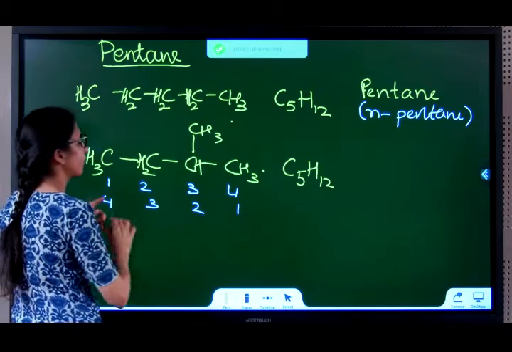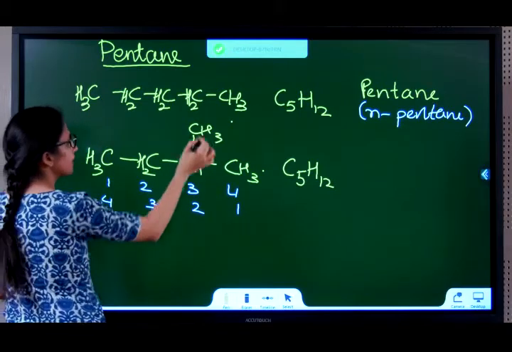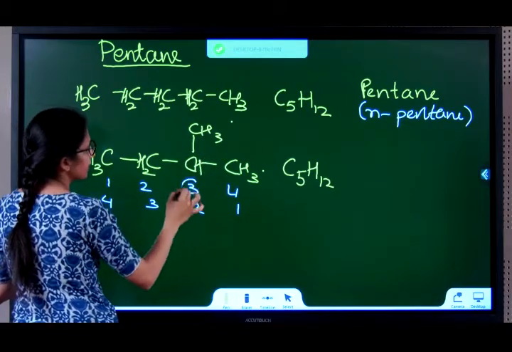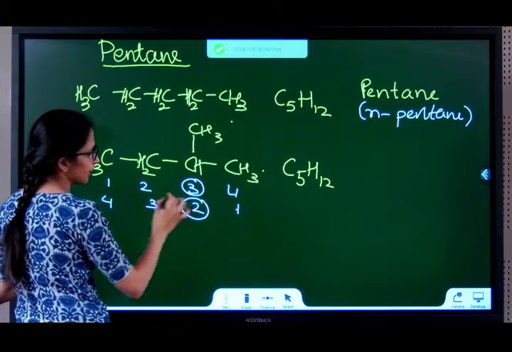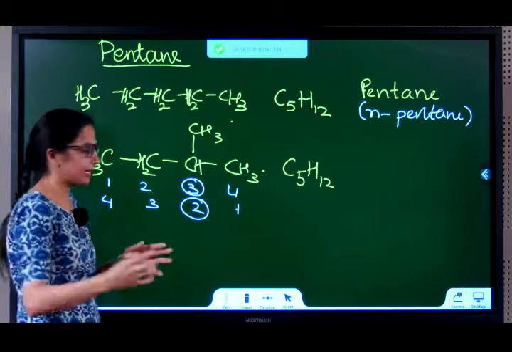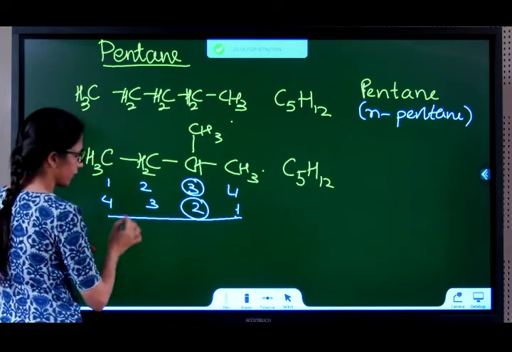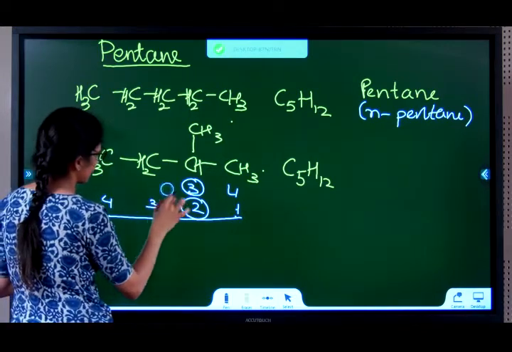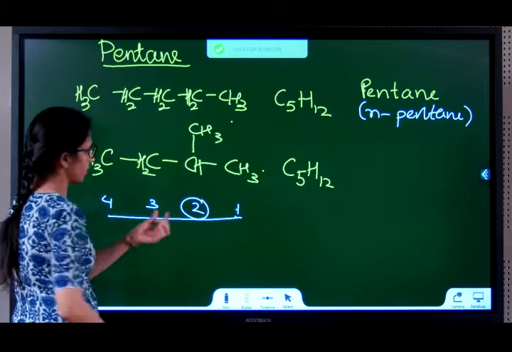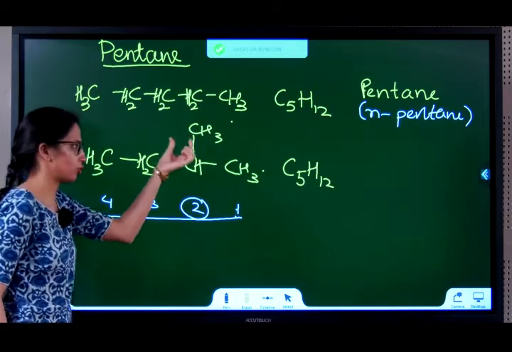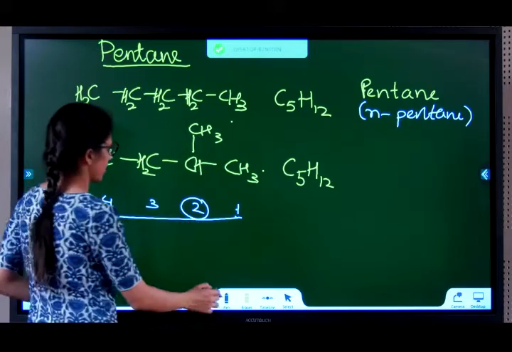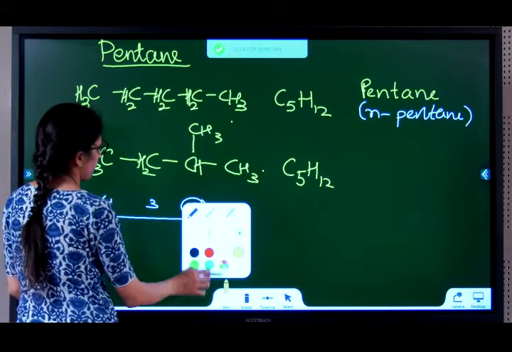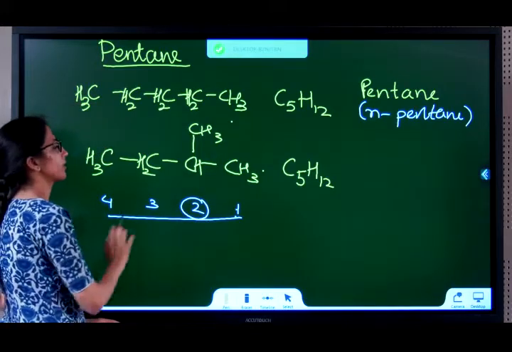Now in 1, 2, 3, 4 and 1, 2, 3, 4 here, the group is getting number 3. In this 1, 2, 3, 4, this group is getting number 2. So which one will I pick? I'll pick the lower order. So I'll erase this off. Why? Because the lower number, the locant, this extra group, branched group is called a locant. The locant is getting the lower number. So I got 1, 2, 3, 4 and this was getting the lower number.